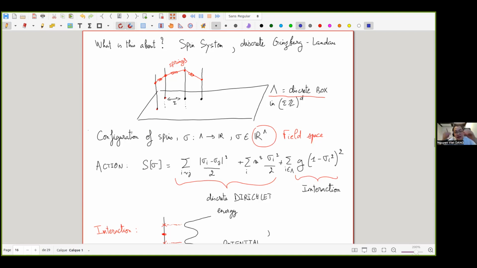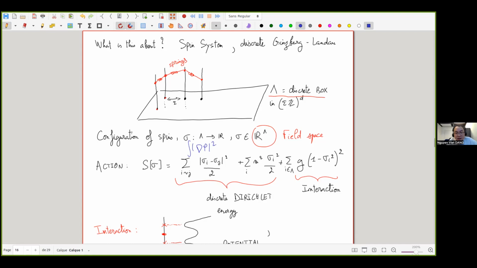It will describe a kind of nearest neighbor interaction between your spins. So you are given an action for your spin system, and the action, it's exactly like in the continuum case. It reads as the sum of the discrete Dirichlet energy. So you see here you have the sum over (sigma_i minus sigma_j) squared. So this is the discrete analog of